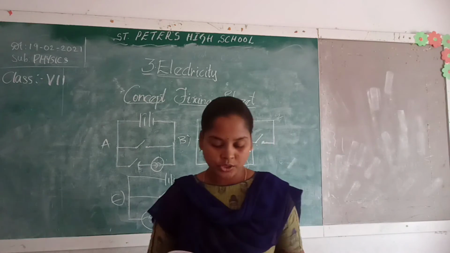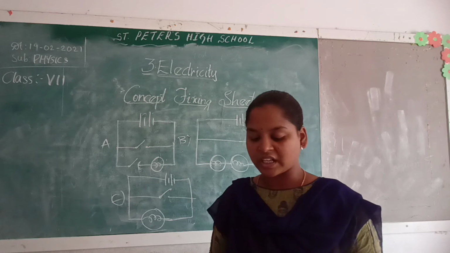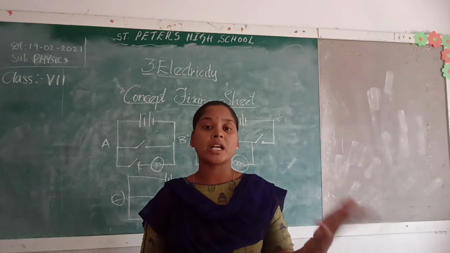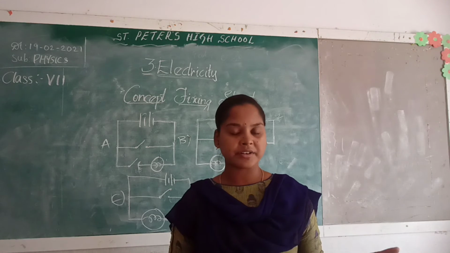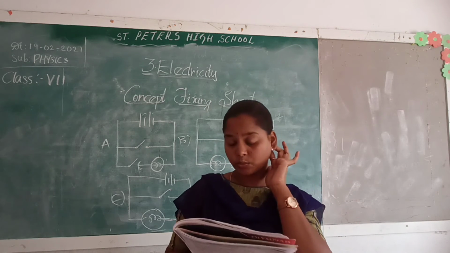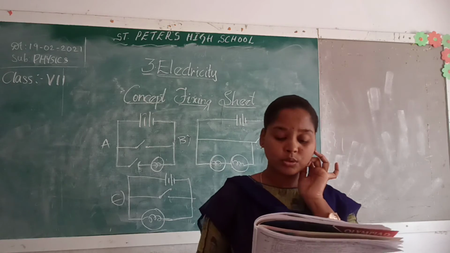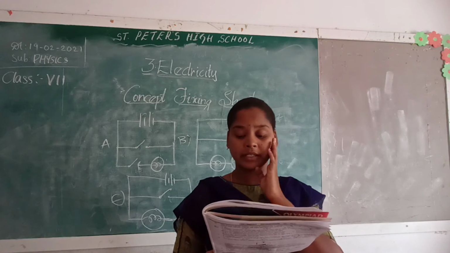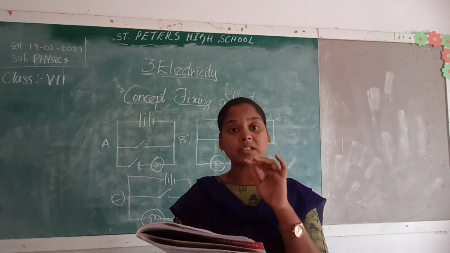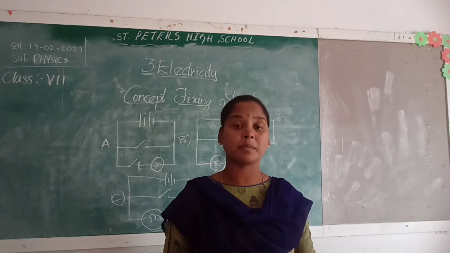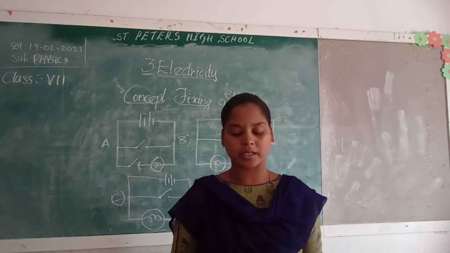Next one. Which of the following is not a source of electric current? What is the non-source? From here you cannot get current. First, a car battery will give current. Dry cell, yes, bulbs glow through dry cells. Remotes work through dry cells. Dynamos also work. Whereas electromagnets will not give any current. Electromagnets work by taking electricity and turning into magnets. That means they consume electricity, they will not produce it.